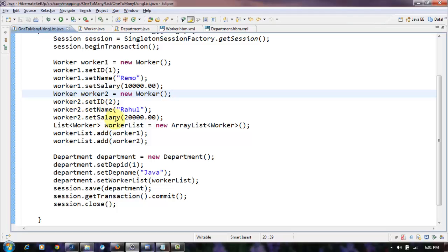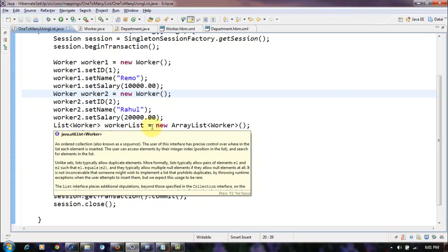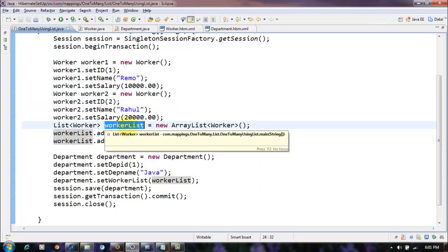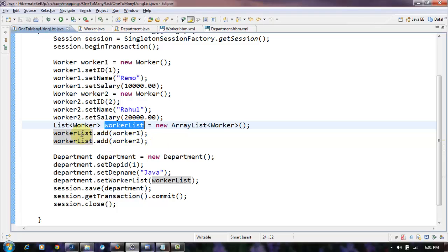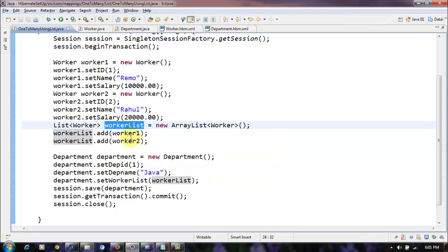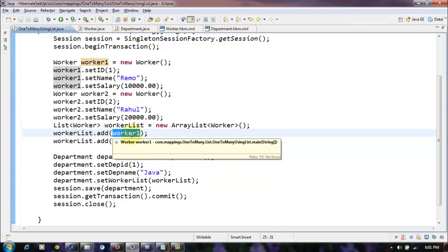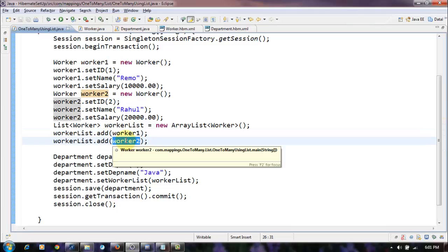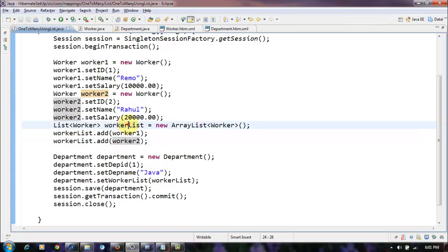And we are taking a list of worker objects and adding the objects to the list, first worker and second worker. We have added these to the worker list,